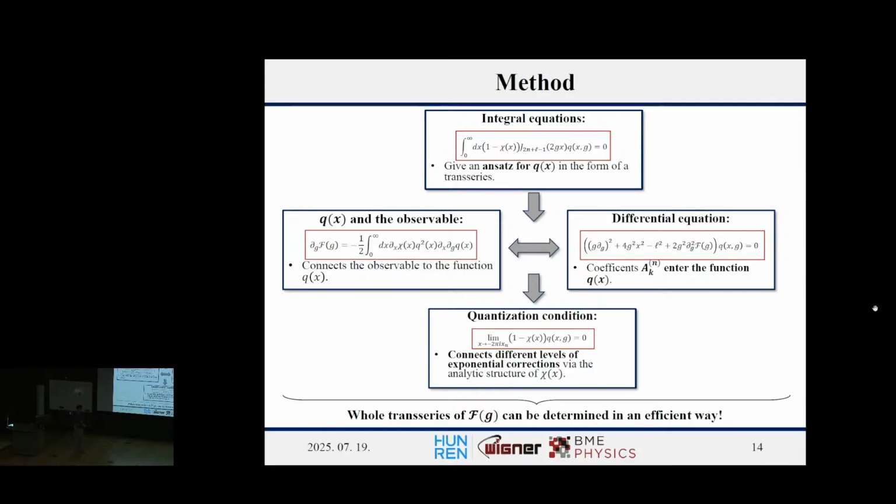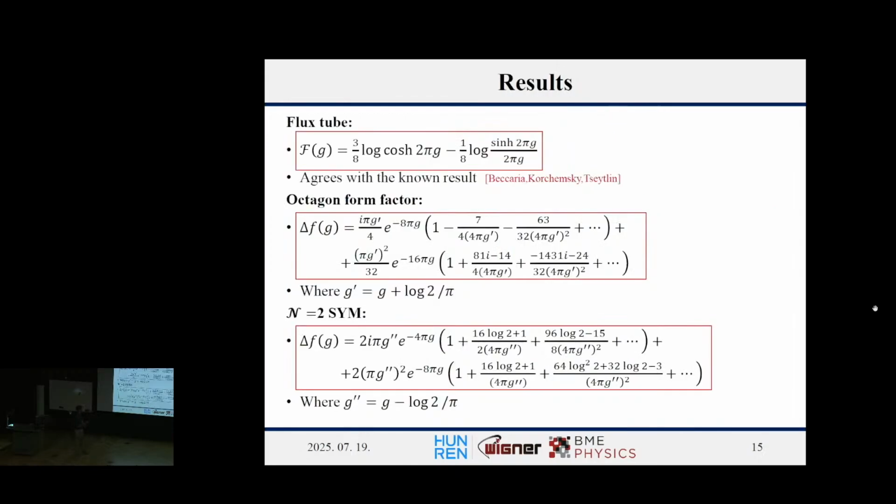I mean, of course, it will take some time if you want it analytically, but we also made some numerical tests, and we get, I don't know, to 5 exponential levels, hundreds of 1/g corrections to thousands of digits of precision. So you can see here some results. By this method, we were able to reproduce some previously known actually resummable functions, which is nice. And here you can also see some analytical results, for example, the octagon form factor or the n equals 2